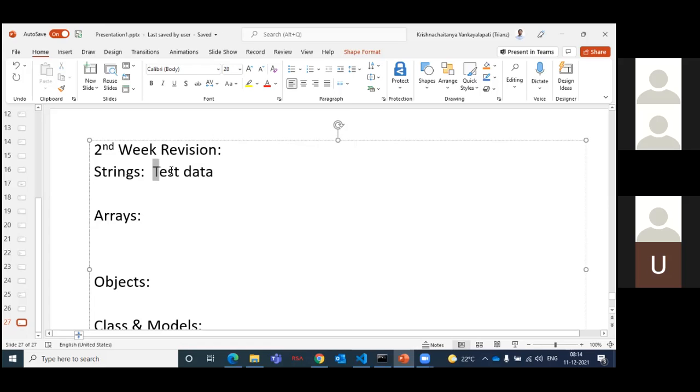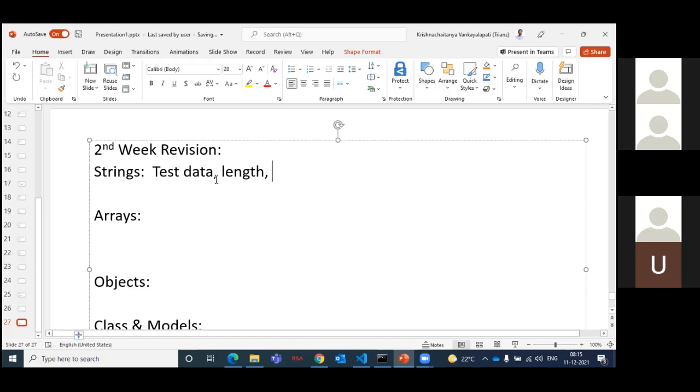Since it is a combination, we have a few properties and methods on top of the string. String contains the length property. For example, if you enter 200 characters, I need to know the length of the string, so we have the length property. String has only one property. Those who missed the session, take running notes. The length property gives the length of the string.